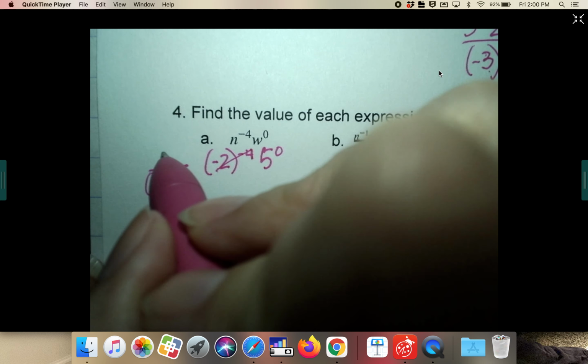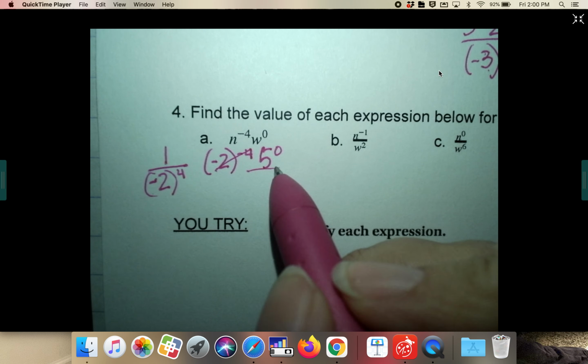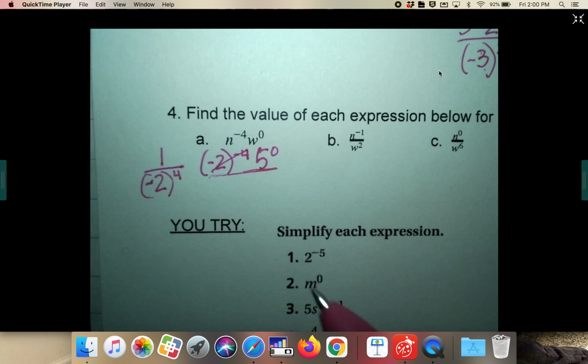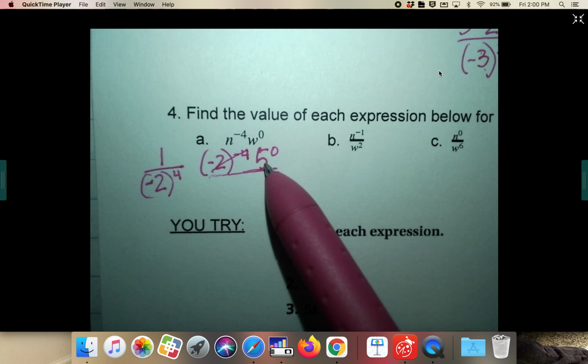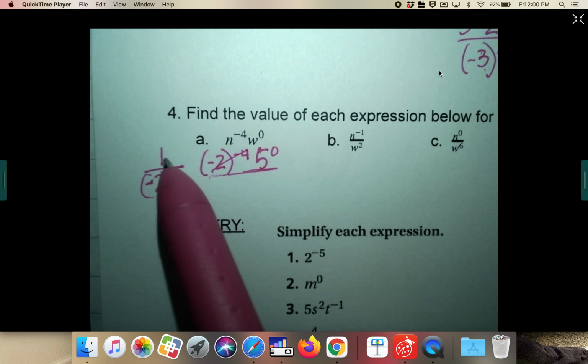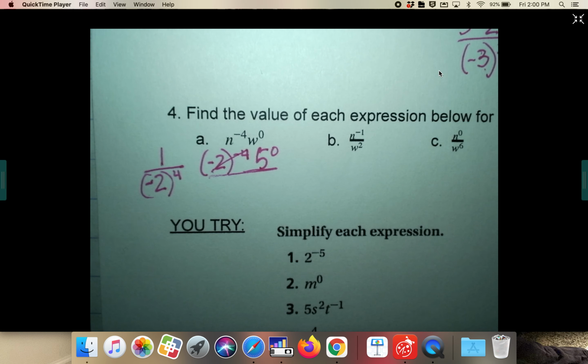Anything to the 0 power is 1. So 1 stays put. This whole thing was originally over a hidden invisible 1, so this guy is going to stay up top. So I'm going to leave it. 5 to the 0 is 1. Negative 2 to the 4th power